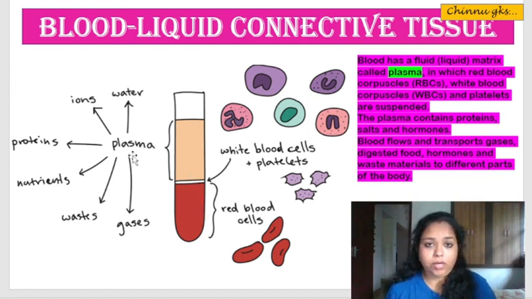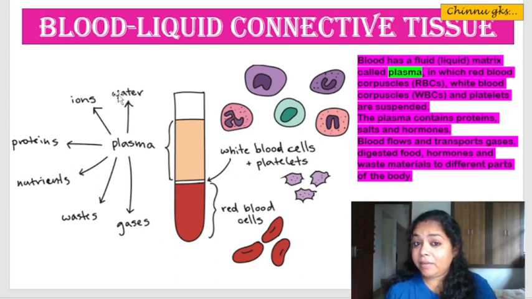What's the role? Now, plasma, since it is liquid in nature, carries different things. Have a look over here. The major amount of water that's present in our blood is present in the form of plasma. So in plasma, what do we find? We find a large amount of water. Apart from water, the main gas, carbon dioxide, is carried with the help of the plasma.